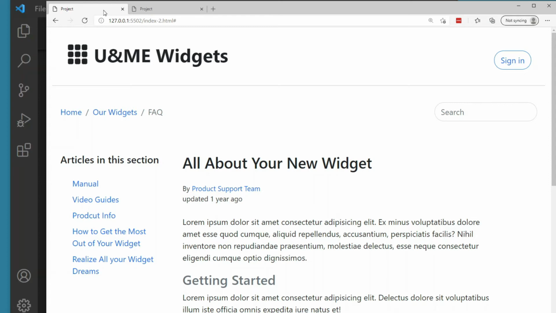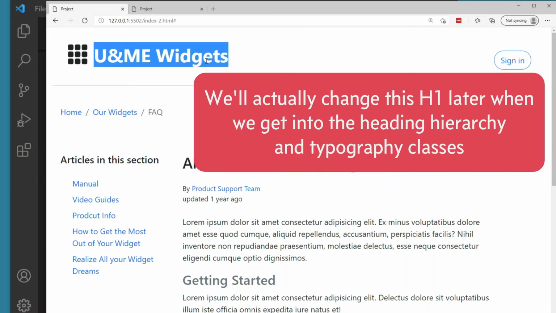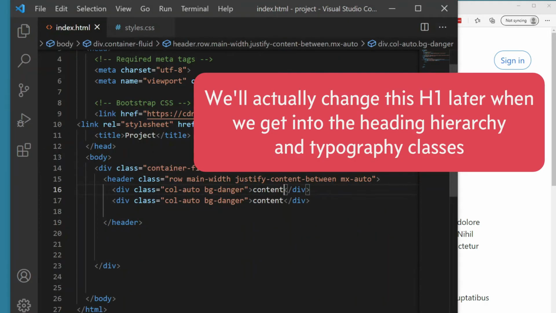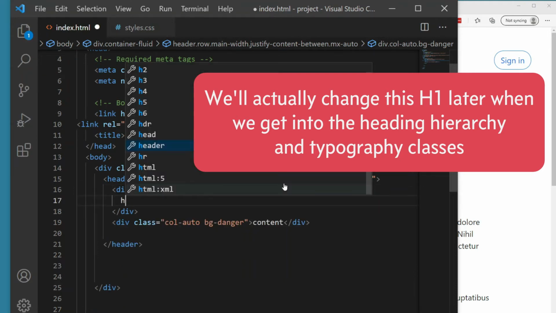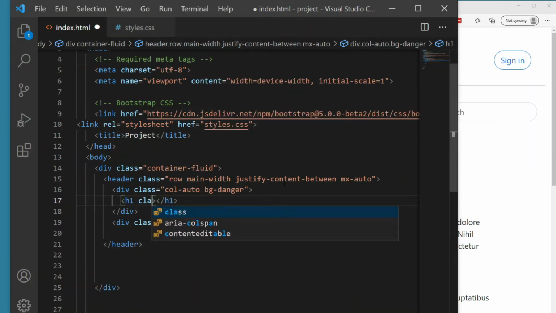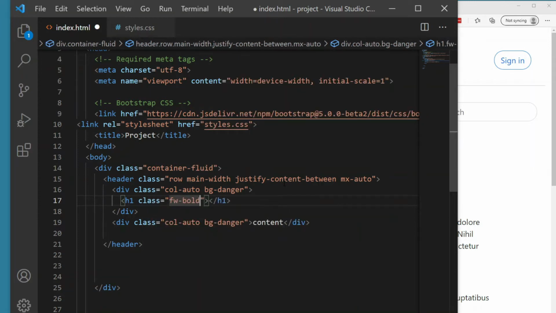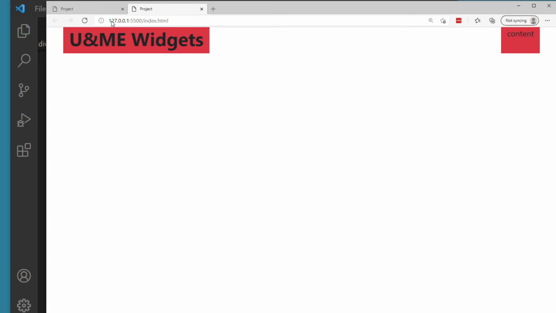Next, let's focus on making our logo look like it does here. This is created with an H1 tag and font weight of bold. So on the first column, I'll create an H1 and give it a class attribute of fw-bold, which is a Bootstrap utility class that we did not look at before, but trust me, it makes a bold font. And for content, it's You and Me Widgets. Save. All right, so far so good. And by the way, I'm keeping this background color here just because it helps us see where the elements are,